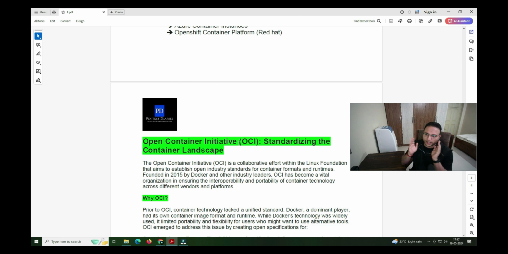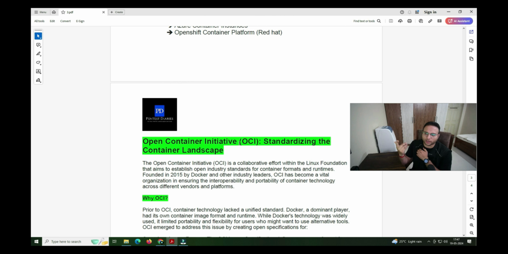So that was the reason any organization did things their own way. They did not want to make things in such a way that they could be utilized across multiple technologies and even multiple vendors. So that was one of the things OCI was introduced in the market for, and in that way the problem of utilizing multiple vendors would be solved. They have made a bridge between multiple vendors, so that we can utilize the images in other vendors also, instead of being required to deploy images only on the same vendor.